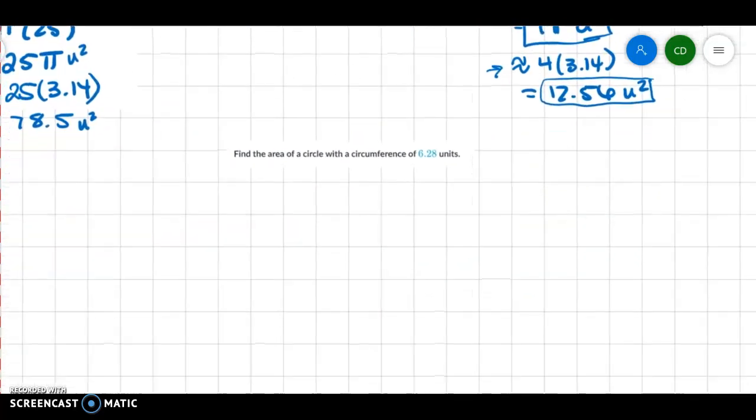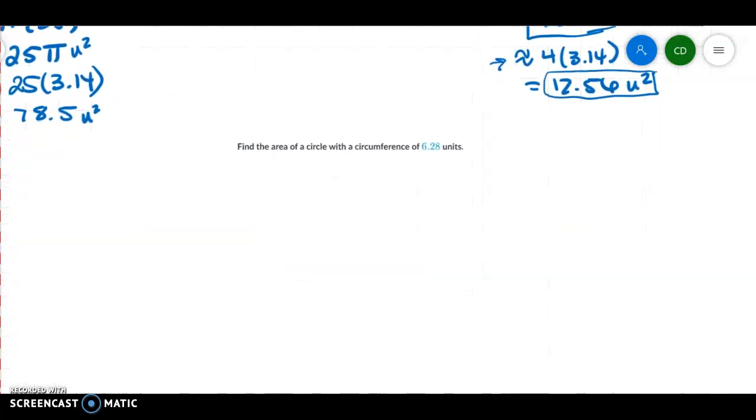Okay, the last one we're going to do is, what if you weren't given the radius or the diameter of a circle? How could you figure it out? So in this case, you have to be given something else. And so we're given the circumference, okay? The circumference of the circle